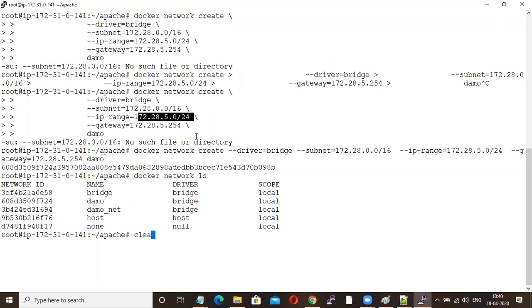Now see, Docker run -itd -name new one httpd.